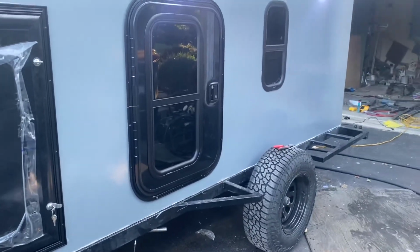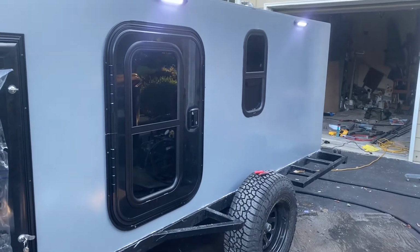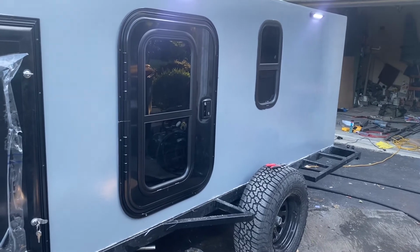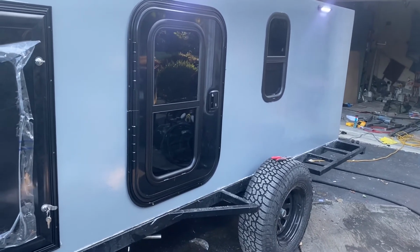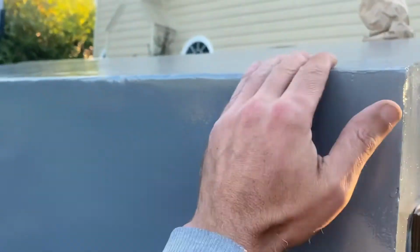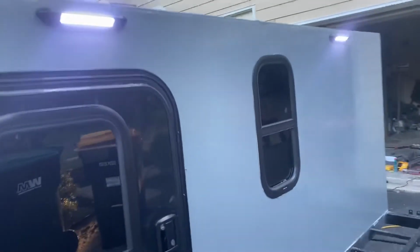Very happy with it. The outside is called Battleship Gray. It's Rust-Oleum top coat. I did one coat at first, and then I really sanded that down so it was almost gone, and then I did 2 more coats after that. So pretty happy with it. It's pretty sturdy. I can't say it's absolutely smooth. And I did 1/2 inch on the top, the whole top, so I could stand or walk on there, which I did